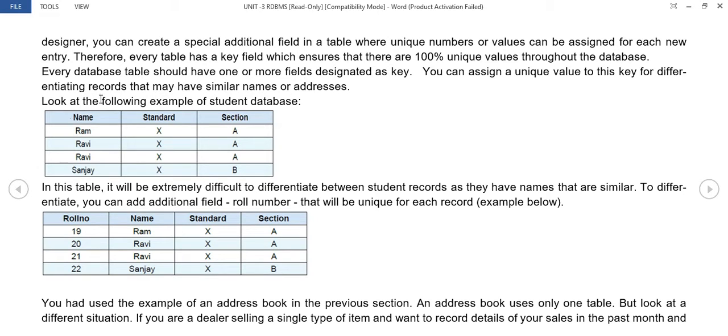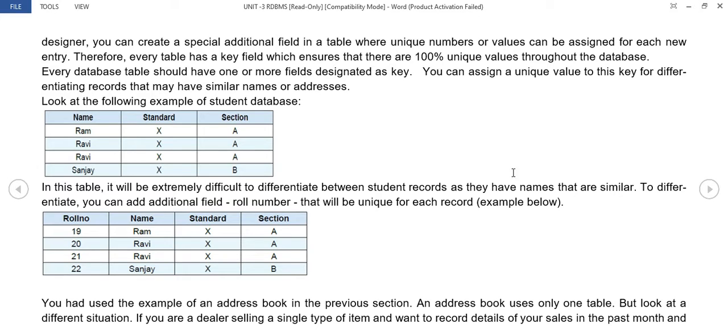Look at the following example of a students database. This is a normal database where you have the name, standard and section. Here two Ravis are in this standard, having the same section and same standard. In this table, it will be extremely difficult to differentiate between student records as they have names that are similar.